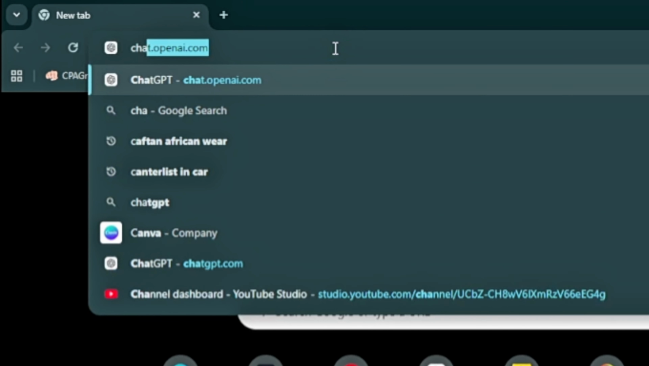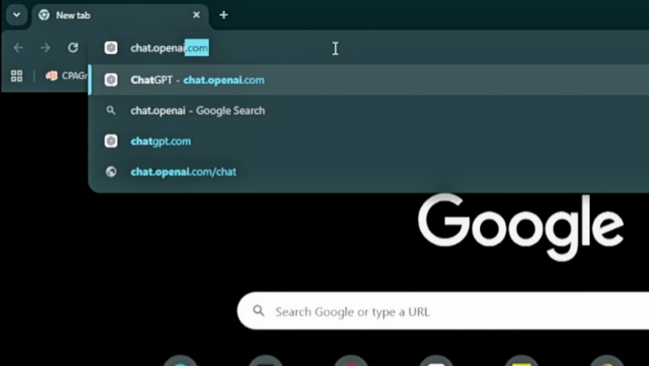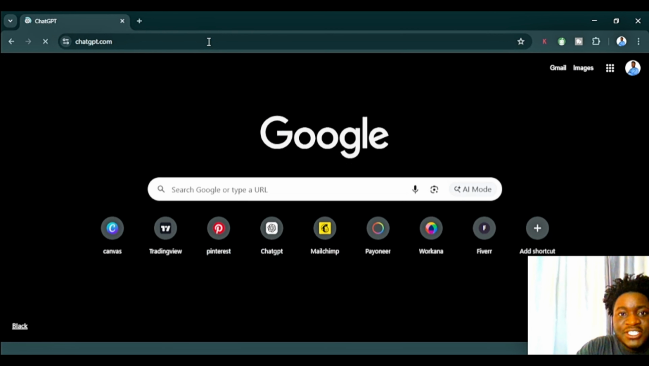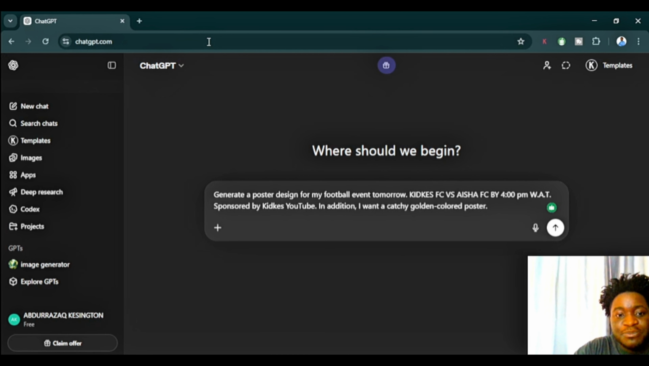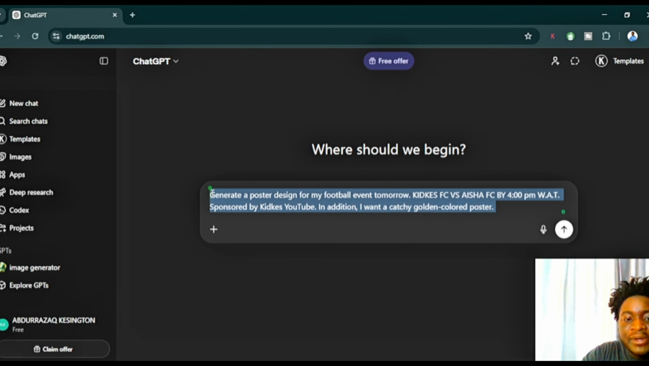Just type in chat.openai.com. So once you type this in, just simply enter. It's going to take you directly into ChatGPT. Now, once you're here in ChatGPT, you simply want to type in this area where you have the text box,